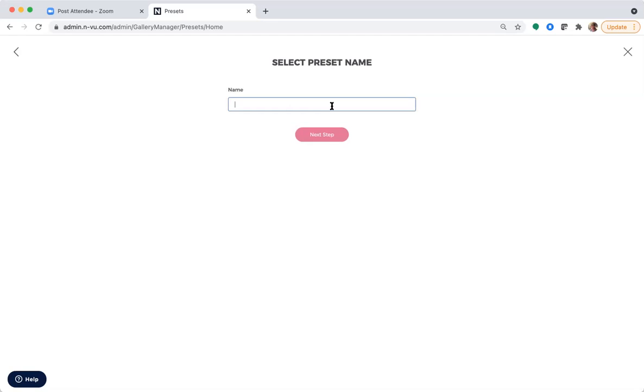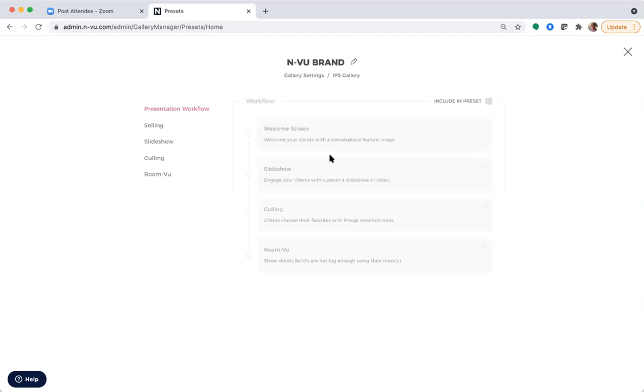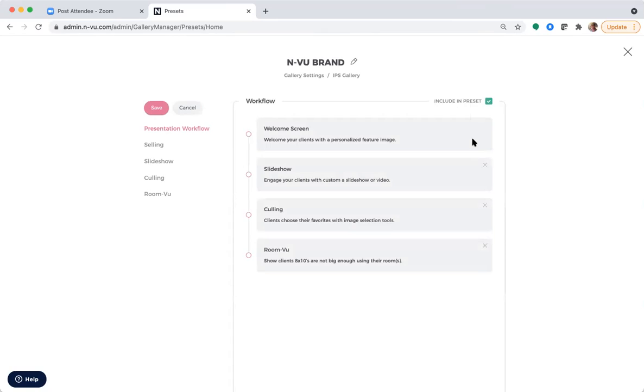And I'm going to name this one. Okay, so I'm going to go through these just a little bit faster on this because now you kind of see how it works. But the different settings are a little bit different for an IPS session. So you want to include the preset, and this is your workflow. So if you're following InView's workflow, then you're good. You can save and move on. But if you want to make adjustments, then you would just need to,